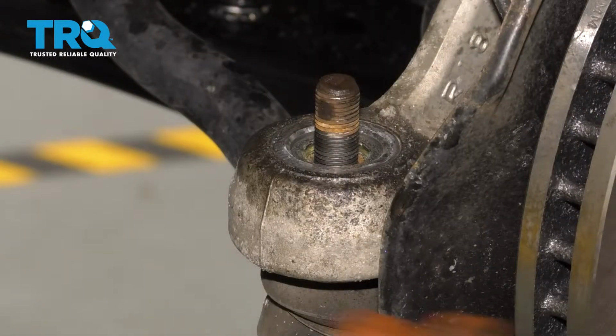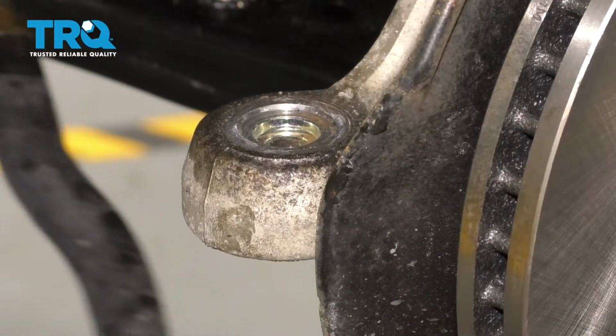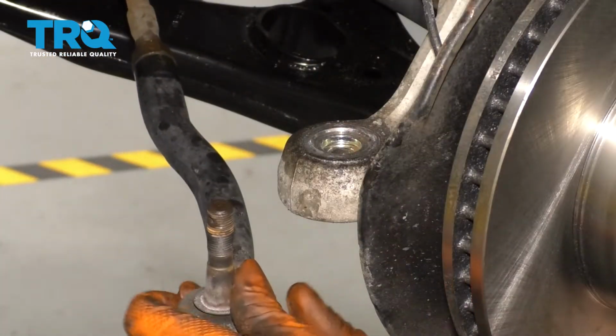Now use your hammer right on the knuckle. That should break the tie rod free. There it goes. At this point, you want to count the amount of turns that it takes to take this